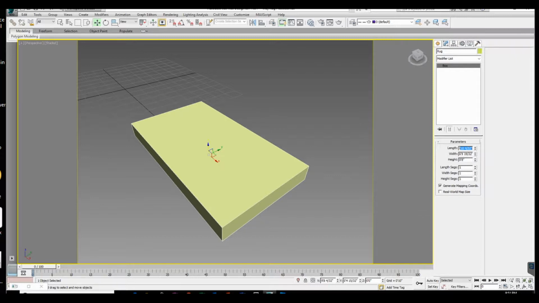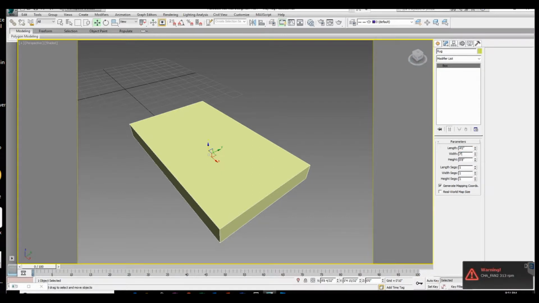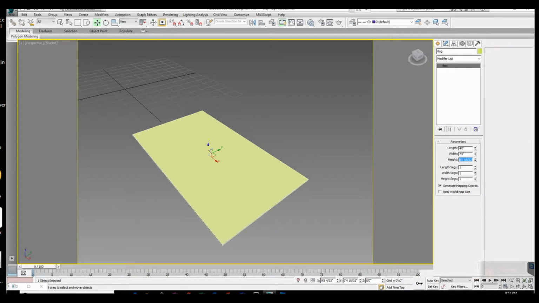This is a basic box, and I'm about drawing management if you've looked at any of my other videos. So I've changed it from box to rug. I'm going to make a 4x7 foot rug. So I'll just come over here in the box parameters, we'll make it 4 feet by 7 feet. I'm just going to give it a height of about a half an inch. Okay,